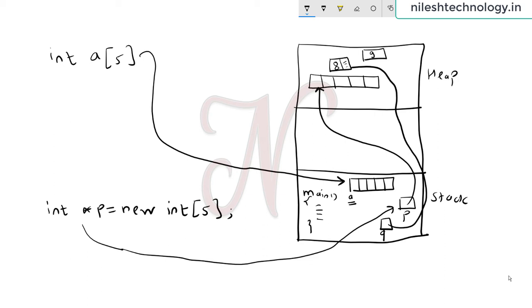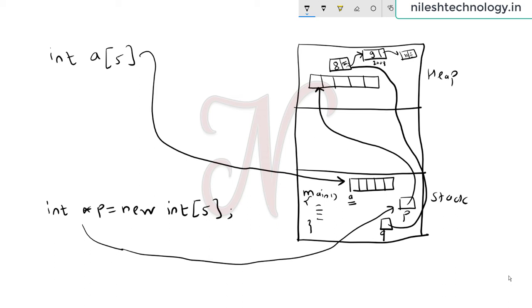If this address is 2008, then this address is stored in this area, which links to this new number. Again, this is pointing to the new number. This way, we create the linked list in the heap area. So in this section, we saw how to store an array in memory and how to store a linked list in memory.